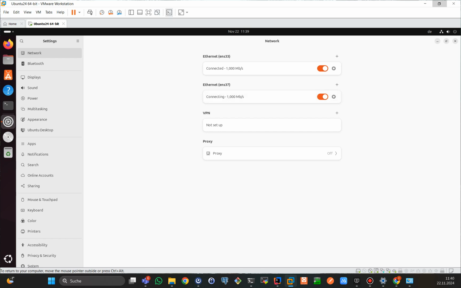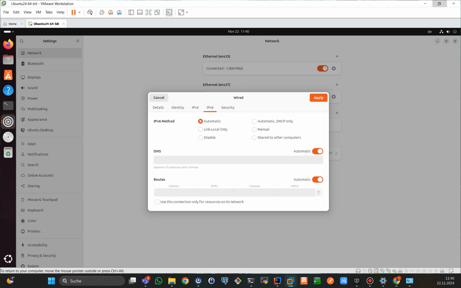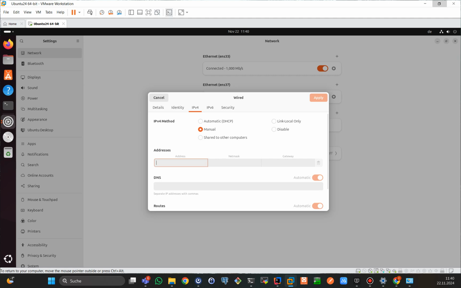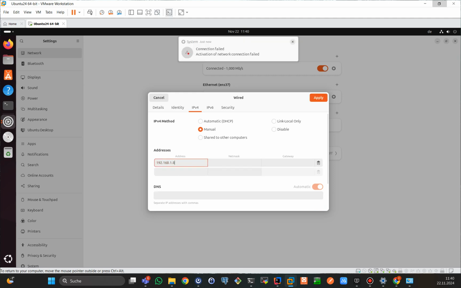So I'm using that ENS33. The first thing I do is I disable IPv6, and in the IP version 4 I configure a manual address .1. Let's say 99,